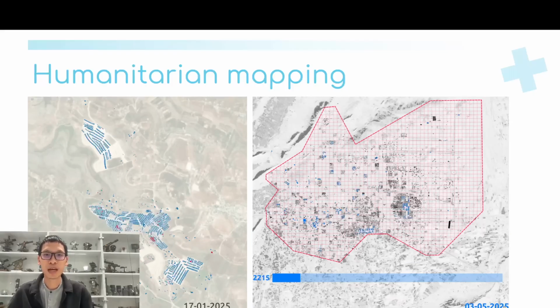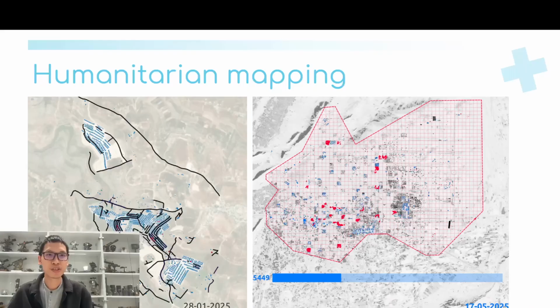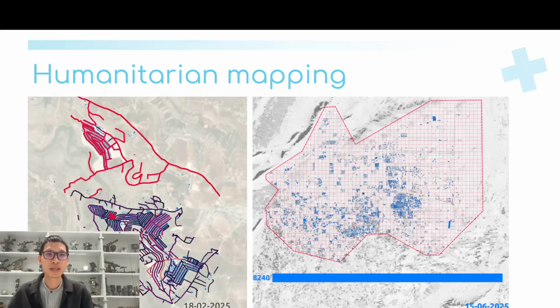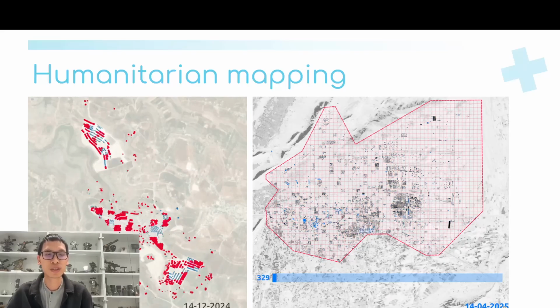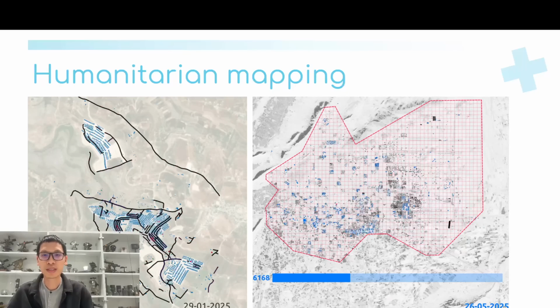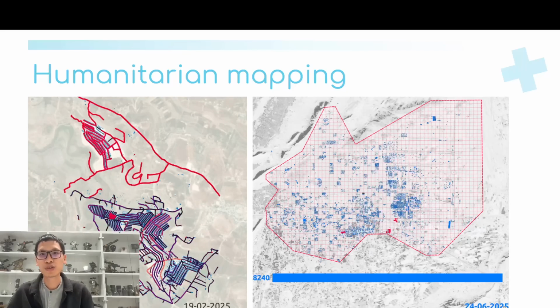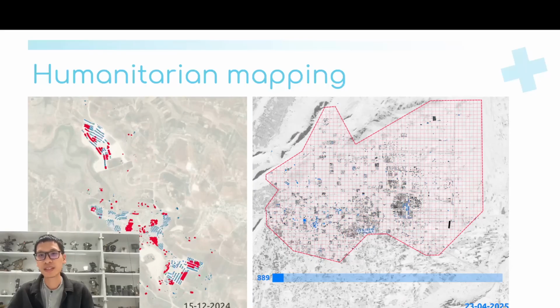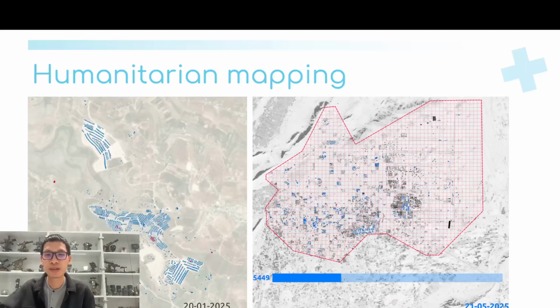Before coming to the actual project, the students have been trained on OpenStreetMap sandbox. We can see on the left, it is a simulating project in Idlib, Libya. And to the right, we can see the students are ready to contribute to the real-world project in Afghanistan, where they have contributed more than 18,000 buildings here.